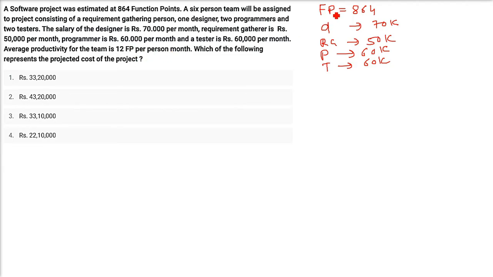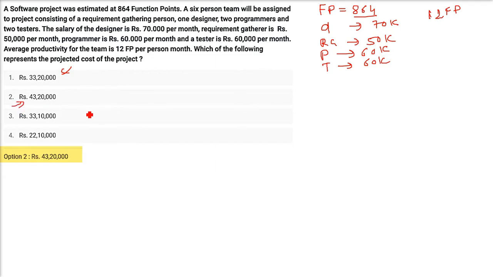That is, one person in 1 month produces 12 function points. So average productivity of team is 12 FP per person month. So which of the following represents the projected cost of the project? So ultimately we have to find out the projected cost. Okay. Now let us see how do we get it. The answer is 43 lakhs